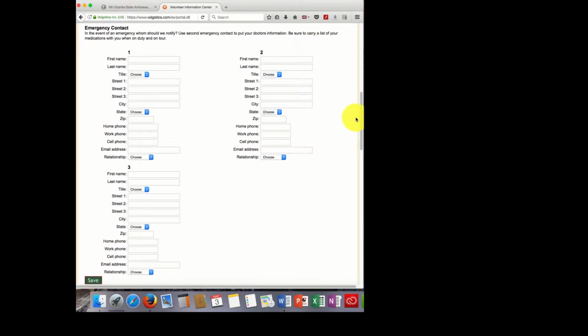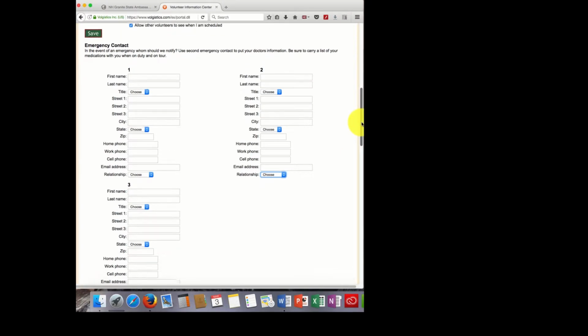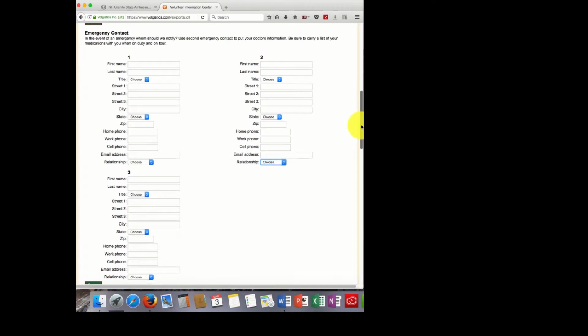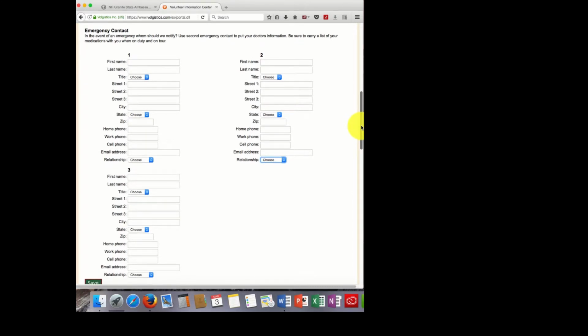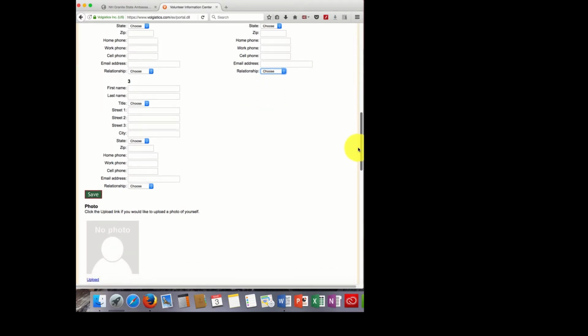Emergency contacts. We require that you have 2 emergency contacts. One is not your spouse, because a lot of times you'll be traveling together if you're both GSAs. And also this one here, we ask for your doctor. And you can choose the relationship here. The reason for that is sometimes we've had occasion where GSAs have gotten themselves into trouble and they weren't able to tell us any information, so we just take your profile sheets and hand them to the EMTs, so that way everything goes smoothly.